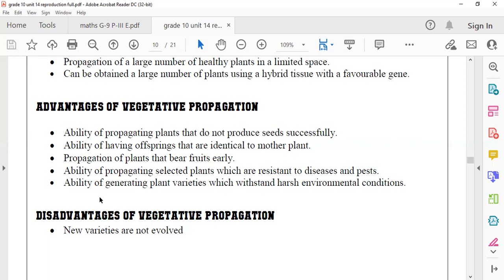Sexual propagation is not so. Asexual propagation will not bring variations. Sexual reproduction will bring variations. Variations are important for evolution. So vegetative propagation will not contribute to evolution, because they don't bring variations, no differences. If differences are made only,